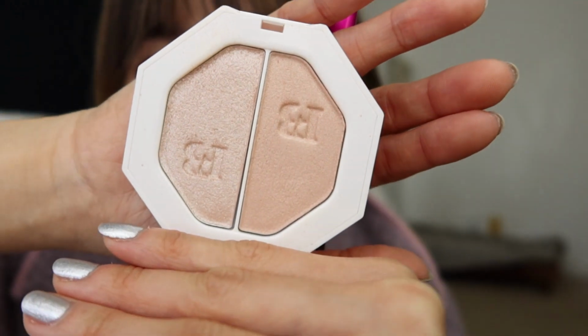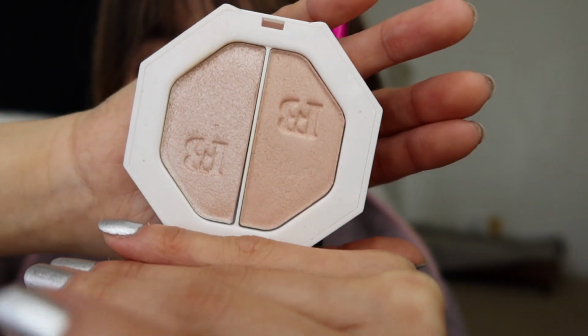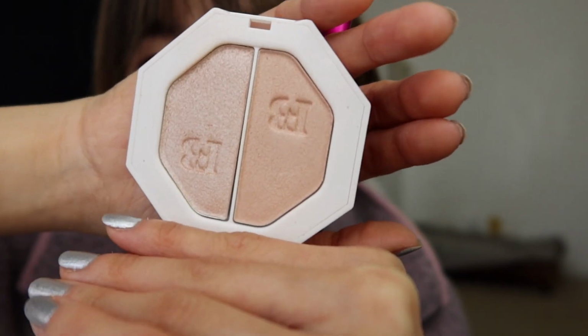Highlight that I'm using right now is the Kilowatt highlight. This is the Fenty Beauty highlight in the shade Lightning Dust and Fire Crystal. This is a beautiful, beautiful highlight. I went back and forth on getting this for forever because I was like, should I get it, should I not? I have so many other highlights, but I love this and I think this is totally worth the money